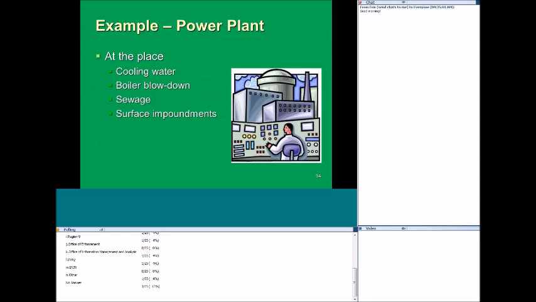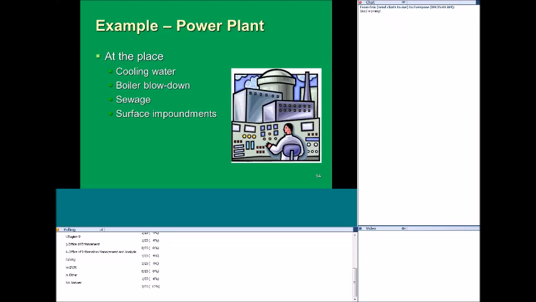An example for this more complicated situation is a power plant. At the power plant, you'll have cooling water, boilers, blowdown water, a sewage stream, a surface impoundment. All of these items are there to support the power plant. And so when I enter this site into SWRCB, I'll enter a power plant as the place type, even though there may be, as I noted here, a lot of other things going on at the site.